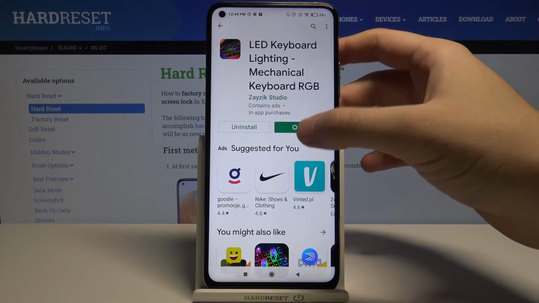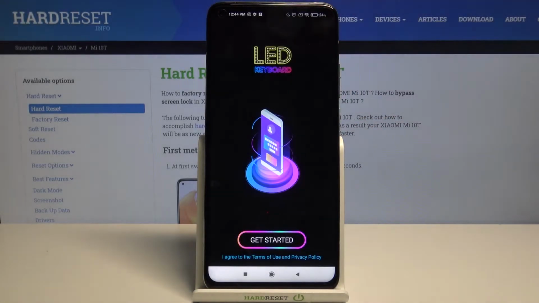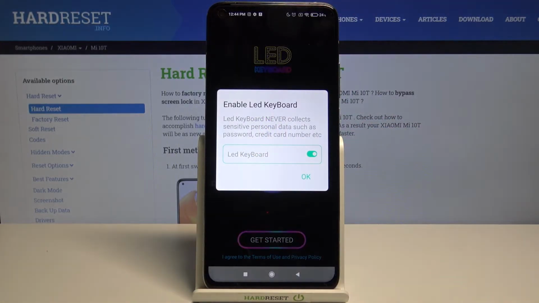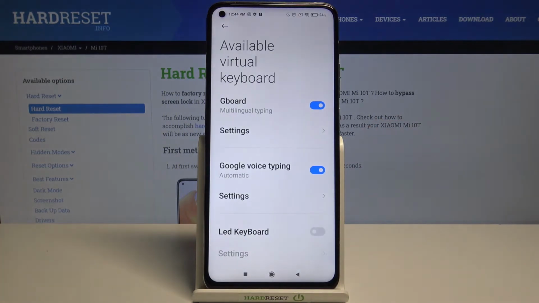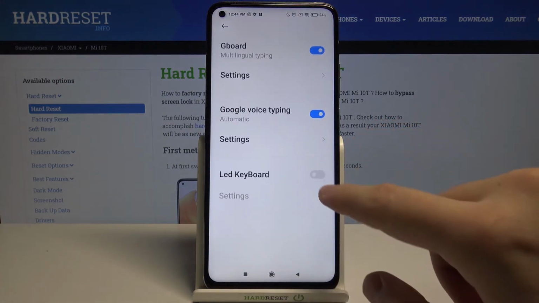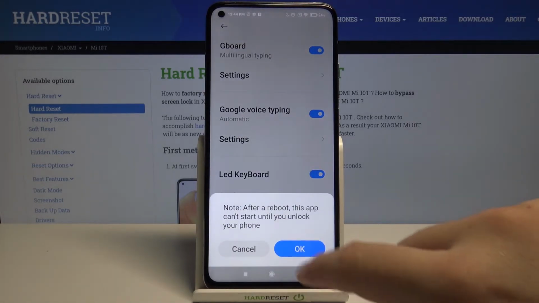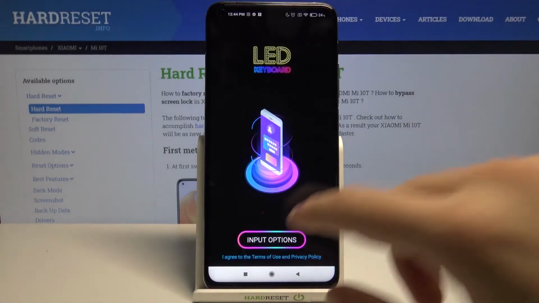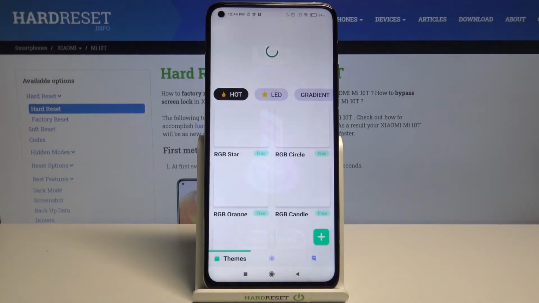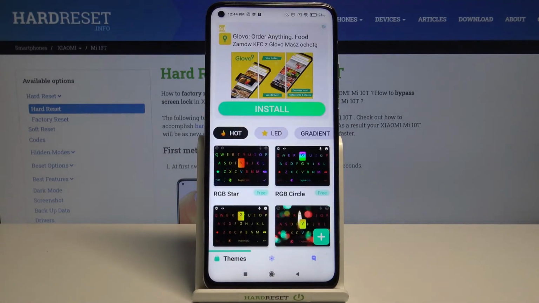Right now we can open. Click to get started, tap OK. Right now we have to tap on the switcher, click OK 2 times, then go to the input options and switch to LED keyboard. Right now we are able to pick one of the themes, and I think